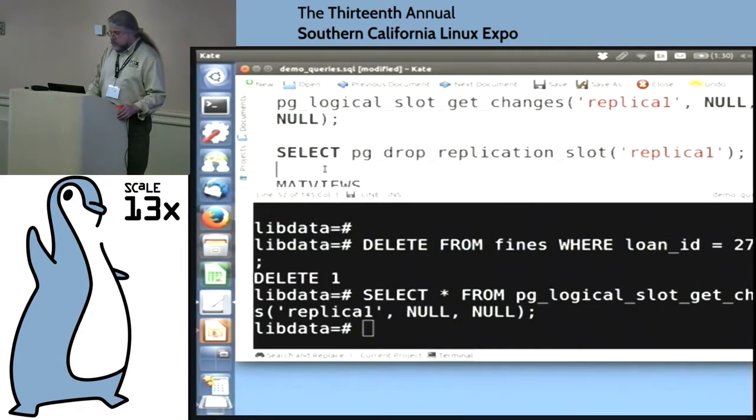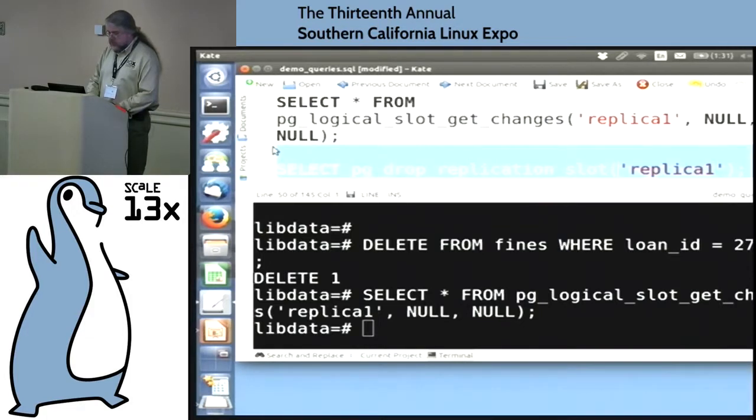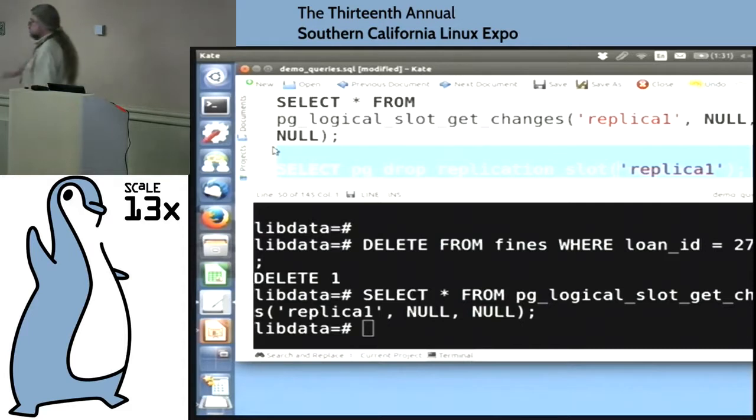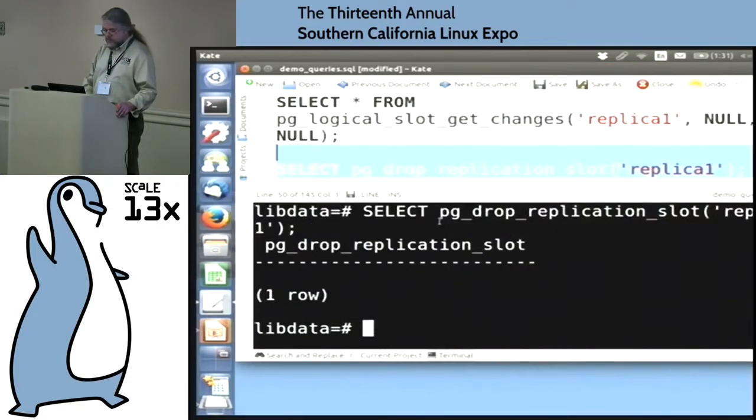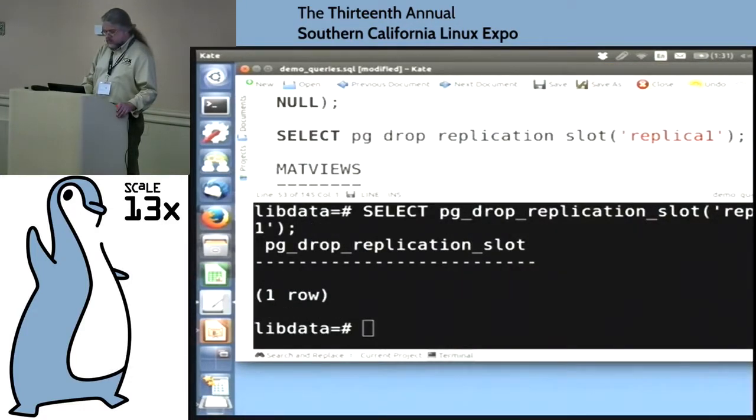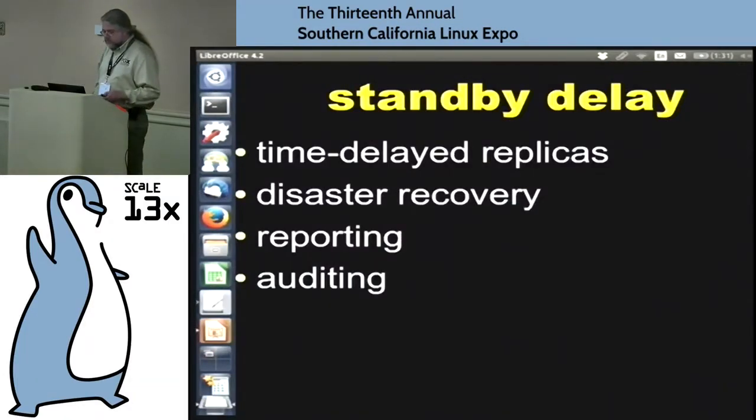Now, one of the important things about replication slots is, remember how I said this allows the master to hold on to change data that's needed until the replica needs it. Well, this provides you with a great opportunity to run your master out of disk space, because it will hold on to that data until the replica needs it. So you need to, at some point, tell the master, hey, by the way, that replica 1, that machine is dead. It's never coming back. And therefore, please stop holding on to data for it. The basic way to do that is to just drop the slot. So I'm going to drop the slot. And that is our basis for logical decoding.